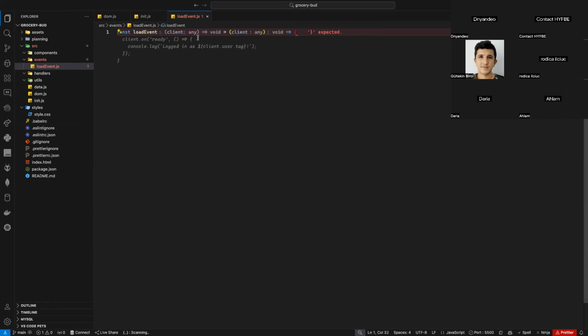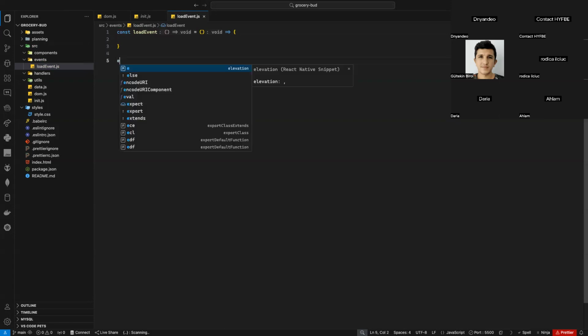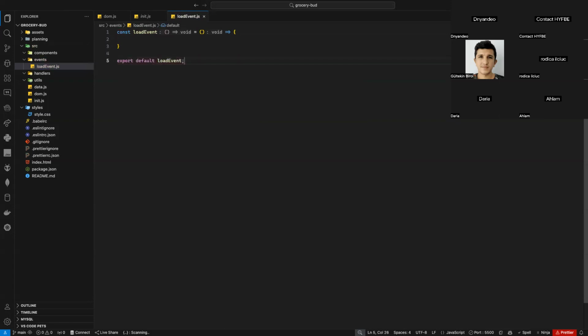Voila. And I don't need all of that, so Control Z, load event. And load event, of course, it will be an arrow function. Voila. Do I need to export it or not? Yes, export it. Why? Because I need to put it to the main JS file,